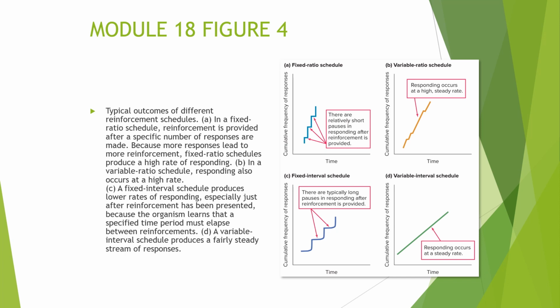You are constantly pressing the lever because you may have to press it 10 times, you may have to press it 20 times, and you may have to press it 2 times. Then you may have to press it 30 times. So you're constantly pressing that lever because it's based on an average. You don't know when you're going to get reinforced.